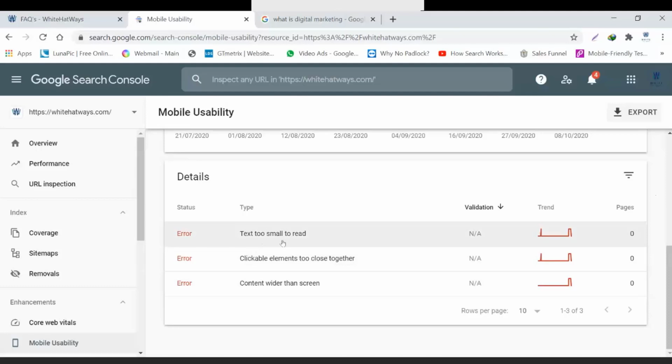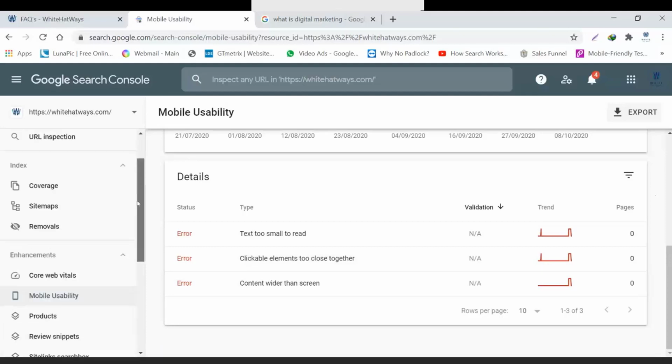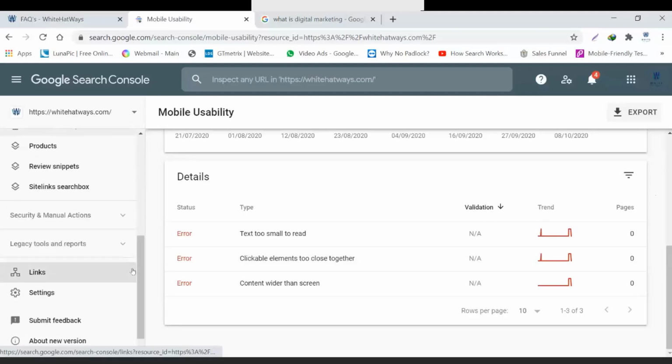At times the screen is narrow and the content is superseding it. So these are the three things that are coming up as errors over here. I have checked it on my particular website. It is still okay. I have tried to resolve them as far as possible, but this is how you would get to know all these errors pertaining to your website not being mobile responsive.